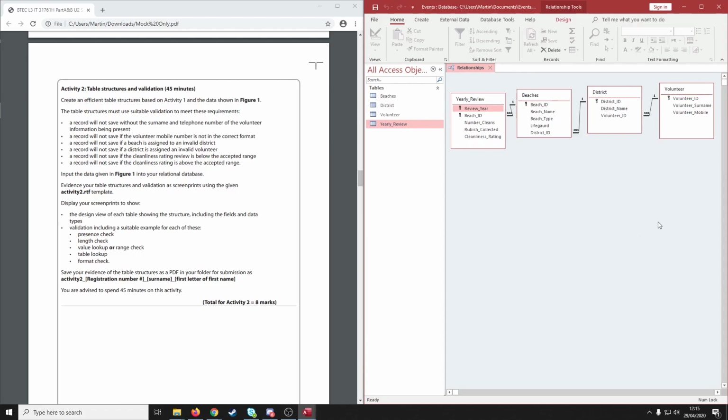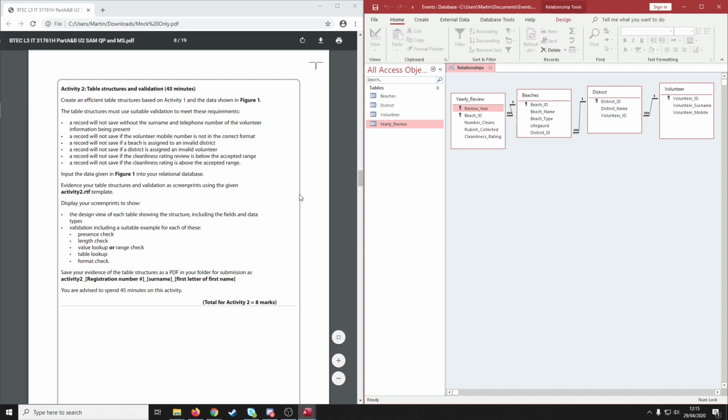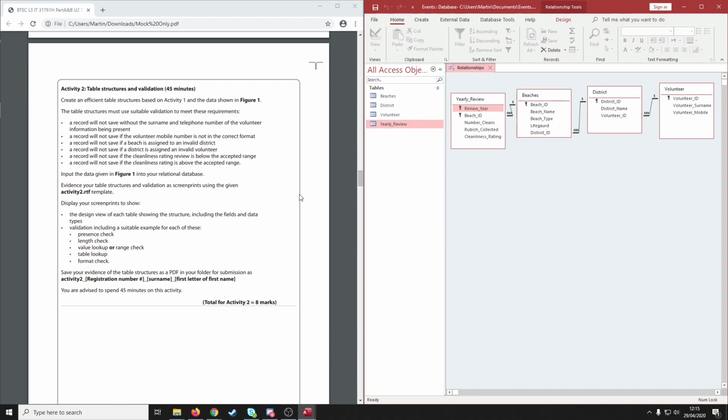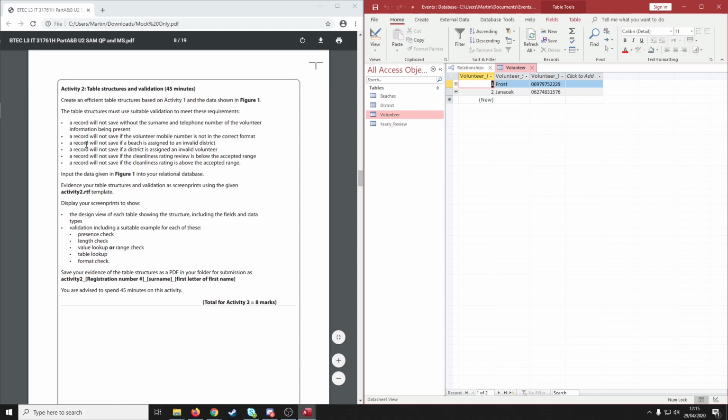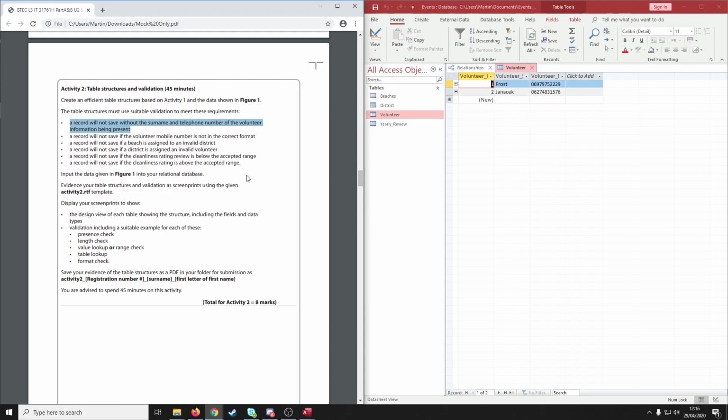Okay, so we now have relationships done, and we have to do something called validation. So validation is where we ensure that things just basically work and don't give us wrong values. So what we're going to do here is go into volunteer, because that's our first bit of validation, and we know we need to make a record not save without the surname and telephone number of the volunteer being present. So what we can do here